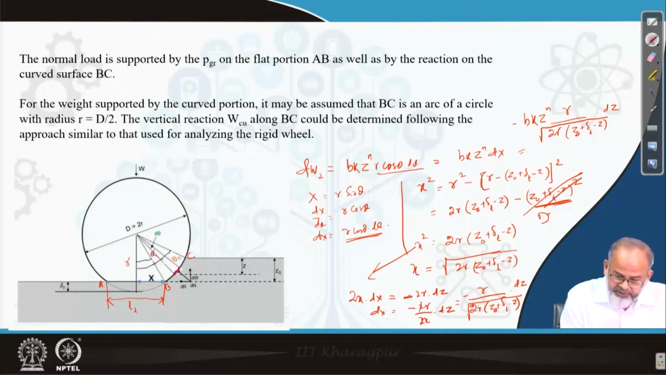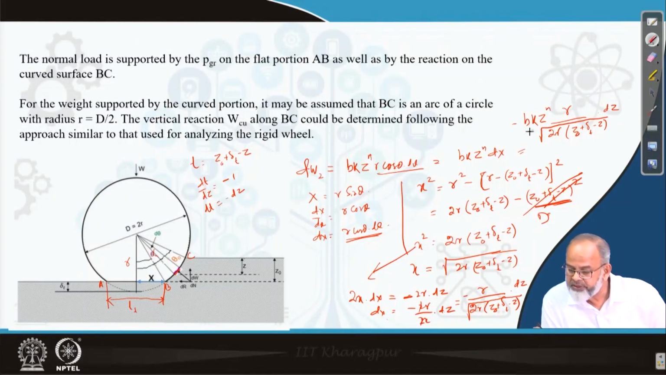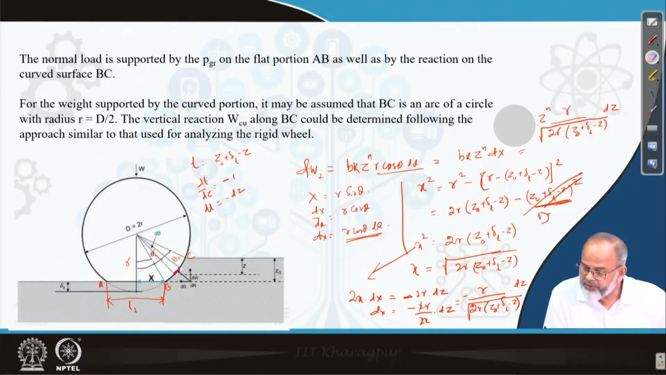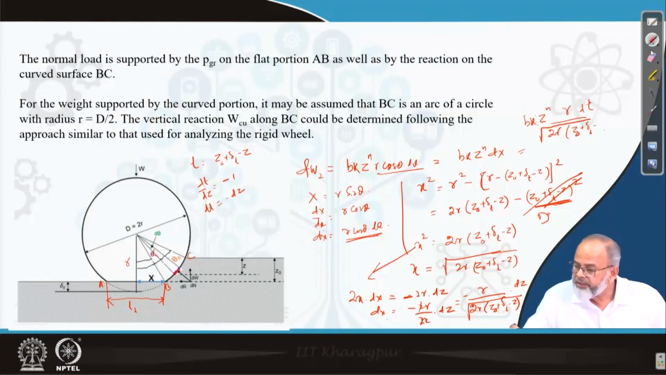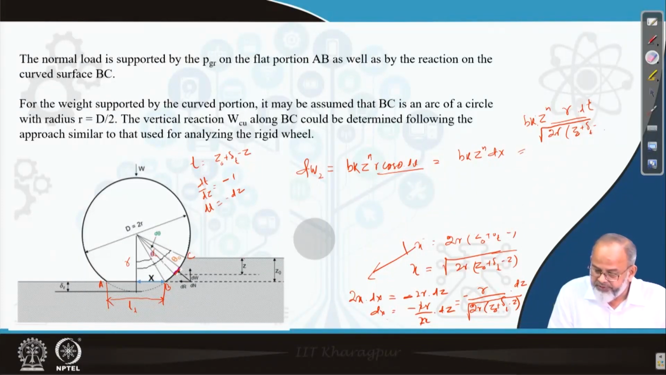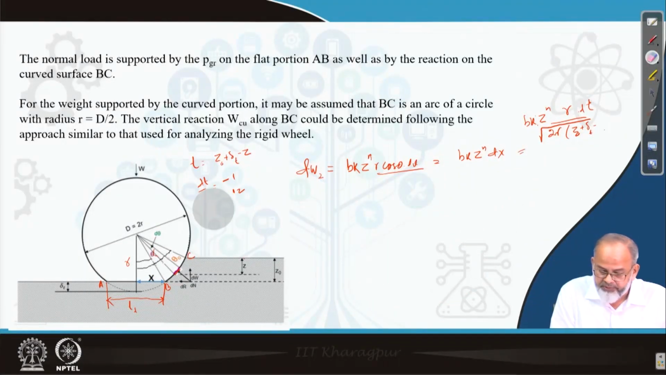Next, if I assume that t is equal to z0 plus del t minus z, then dt by dz will be equal to minus 1, or dt is equal to minus dz. So now I substitute for minus dz as dt, so I can remove this minus sign. So this becomes b kz to the power n r dt. Okay. So dw2 will now finally be written as, if this is clear, then I can directly write it as